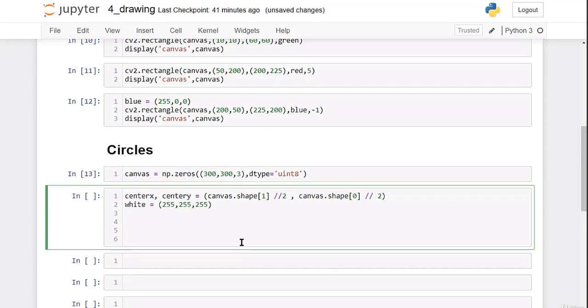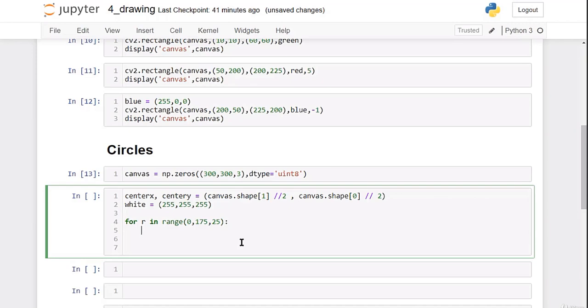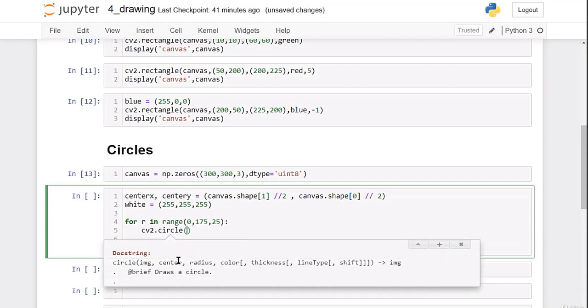So what I'll do now, let me draw the concentric circles where they share the same center, and I'll just incrementally change the radius of the circle. So let's do it in a for loop now. For r, which is my radius, in the range, let me define from 0 to 175, with an incremental step of 25. Now let's define my circle, cv2.circle, and inside the module, what it is actually